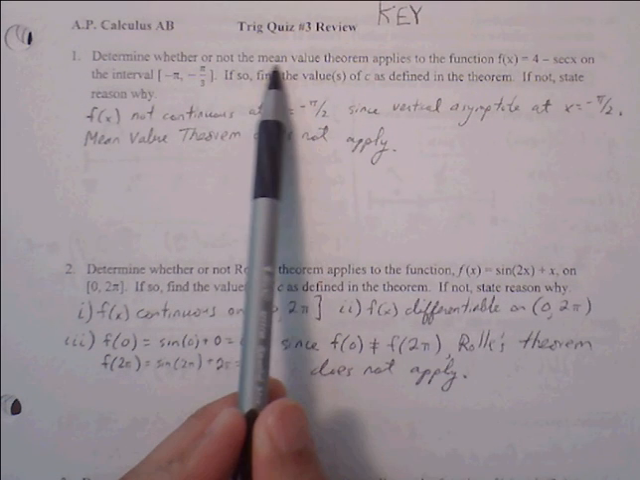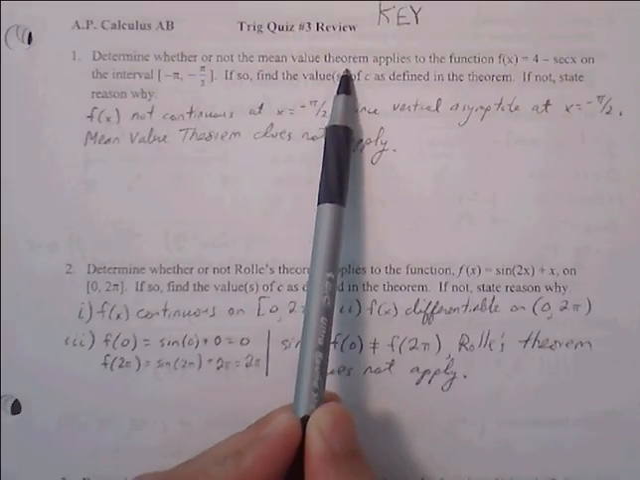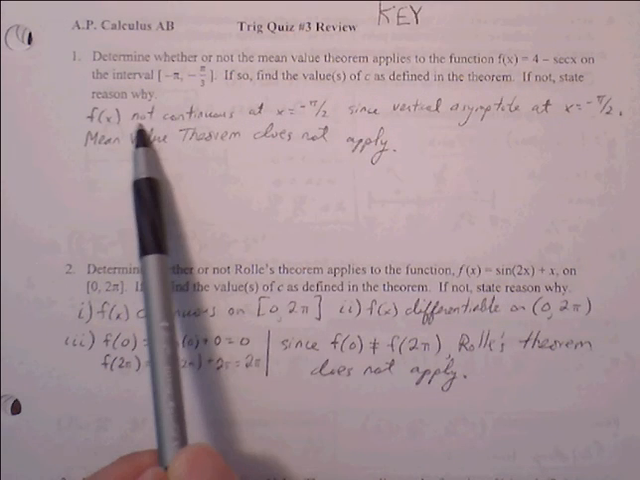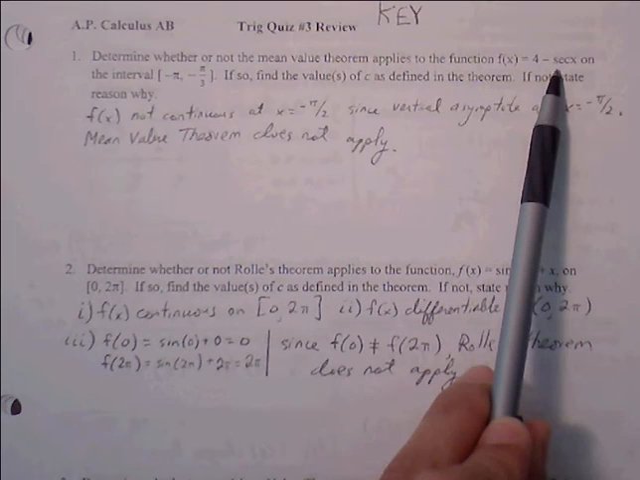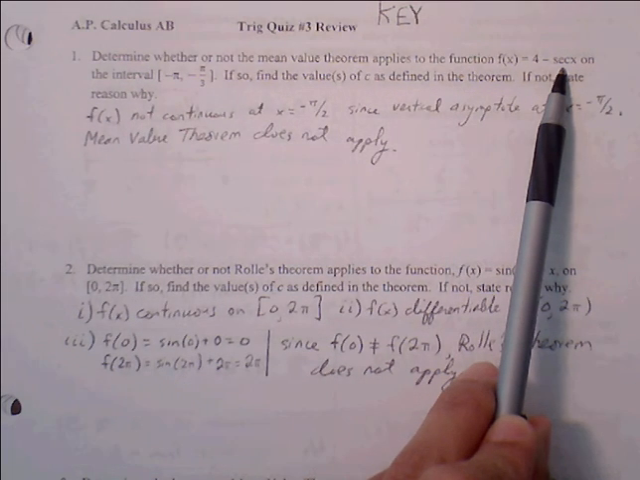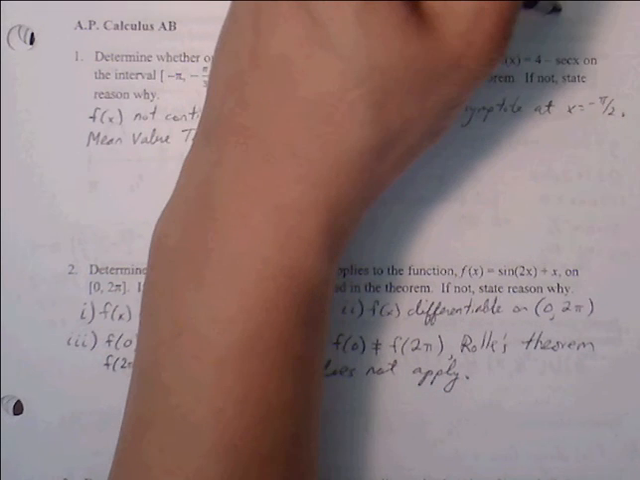So the mean value theorem has two conditions. The function has to be continuous on the closed interval and differentiable, meaning a smooth curve where the derivative exists on every point on the open interval. If we look at this function, secant x, secant is essentially the reciprocal of cosine, so secant is basically 1 over cosine. And if we think about 1 over cosine of x,